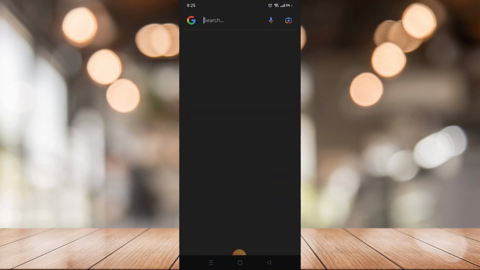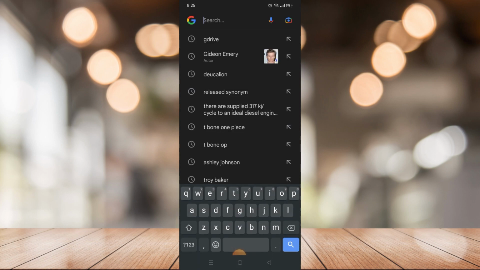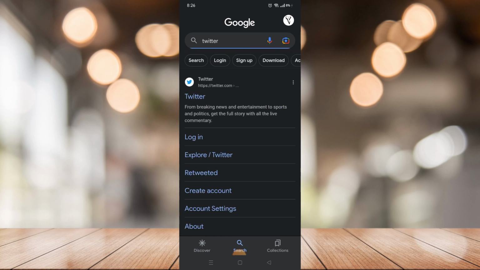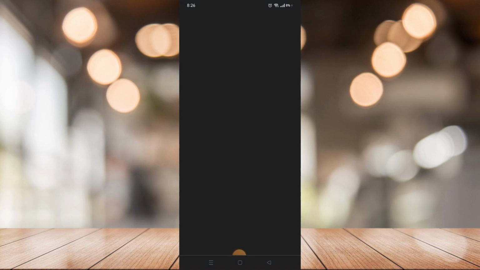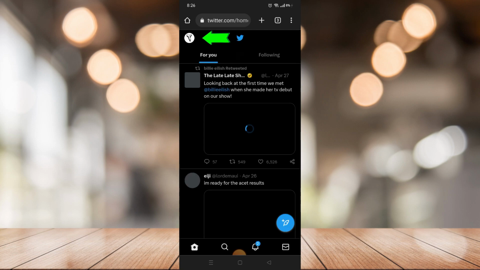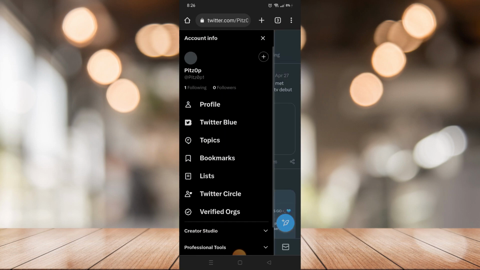So first of all, you need to open your Twitter account on a website. So go to your Google Chrome and search Twitter and open it in your Chrome. And after you're on the website, just click the profile icon on the top left corner and go to your